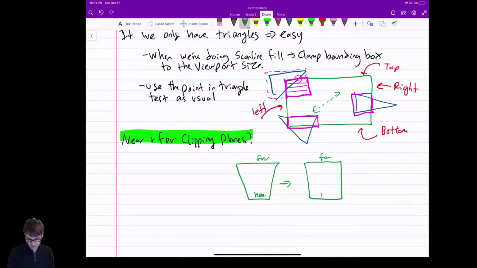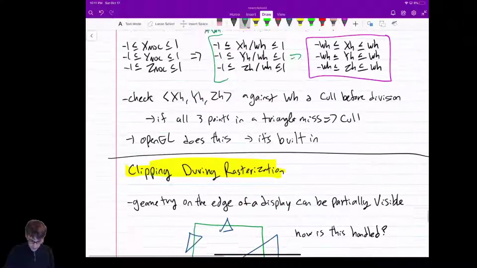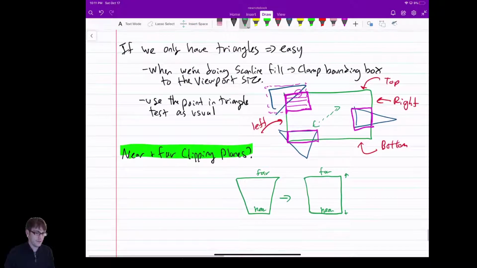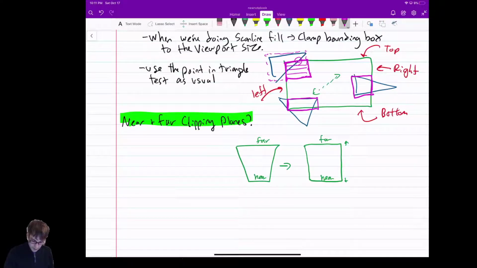Far, near. We still have to make sure we're not drawing past that or before that. Now, we could just cut anything earlier in the pipeline that's beyond those planes. And if a whole triangle is beyond the far or near, then we cut it earlier with our clip space culling. No problem. But the problem is when part of a triangle is beyond, so if I have a triangle like this